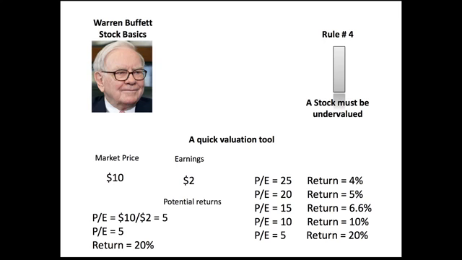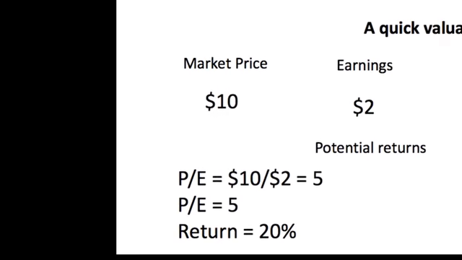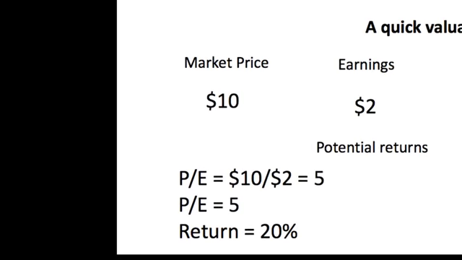So the earnings here, we talked about the price to earnings ratio in one of the previous lessons. What the price to earnings ratio is doing is we're taking the price and looking at the earnings. The price is $10 and the earnings is $2. And all you're doing is dividing those terms. You're taking the price divided by the earnings, which is 10 divided by 2, and that gives you a ratio of 5. And as you learned in the previous lesson, the way that you look at that ratio is you say, for every $5 I'm going to spend buying this business, I can expect $1 in return 1